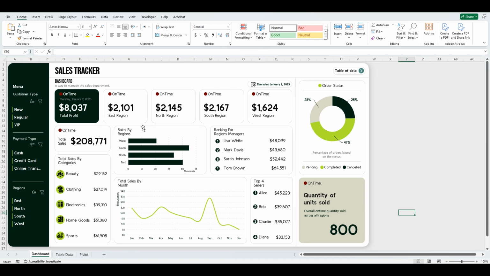On-time sales profit, as you see here in this section, and profits by region: the east, the north, the south, and the west. On-time total sales, a bar chart for the sales by regions as you see here, ranking for regions managers based on the sales numbers that they are doing during the month, a donut chart to give you an overview about the order status, numbers of everyone in percentages with these colors to be defined here under to